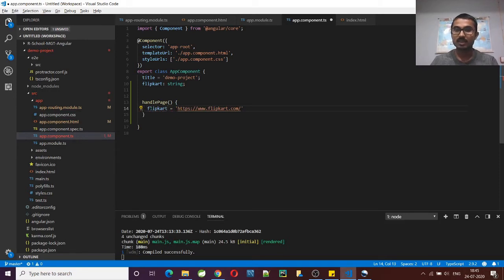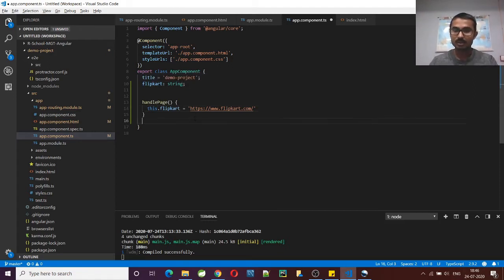To use any variable of a class, we need to use the this keyword. If you use the name directly, it won't accept and will throw an error. So we need to use the this keyword. This is saying to use the Flipkart of the current instance, not another instance.